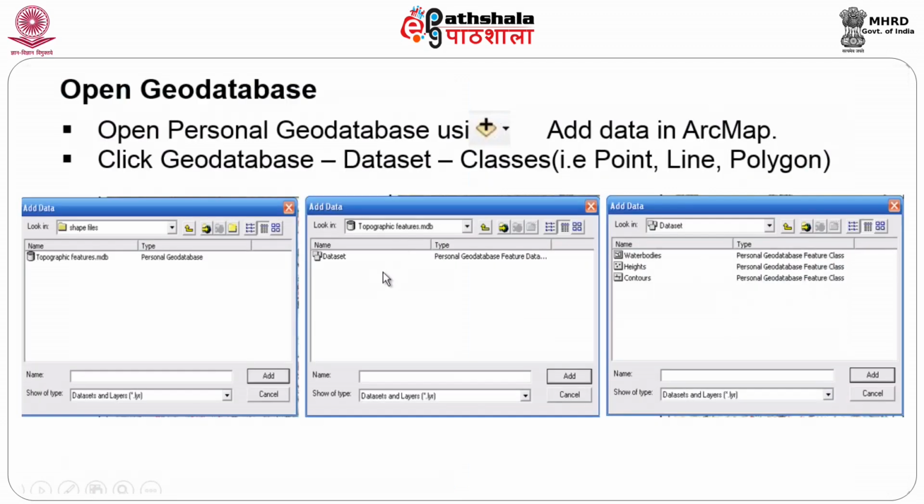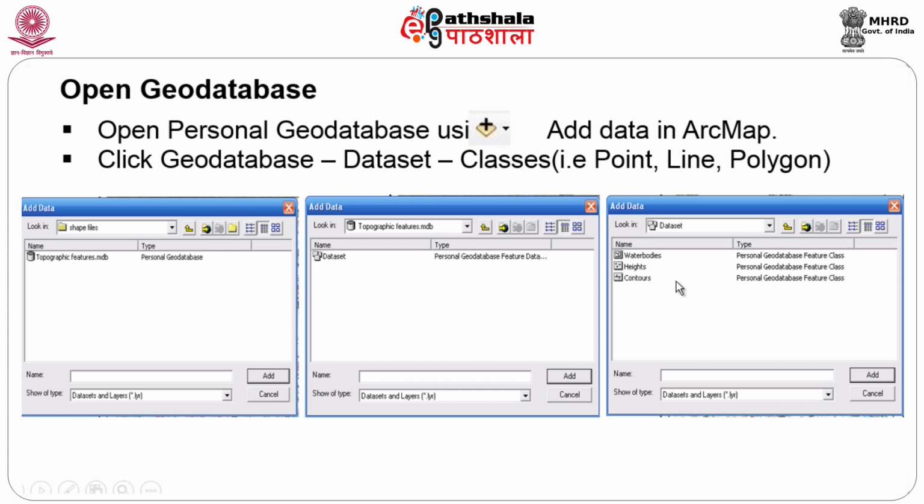So, in what we have done, you see here, open GeoDatabase, click on the GeoDatabase. Once you have opened and created it, now you are going to open it in, say, ArcGIS. How are you going to do that? This is the simple method. You can see straight away all the three are there. In ArcGIS, as I just told you already, this is the icon which we use for adding the data. So, click on add data in ArcMap, then you say GeoDatabase, the data set and the feature classes.